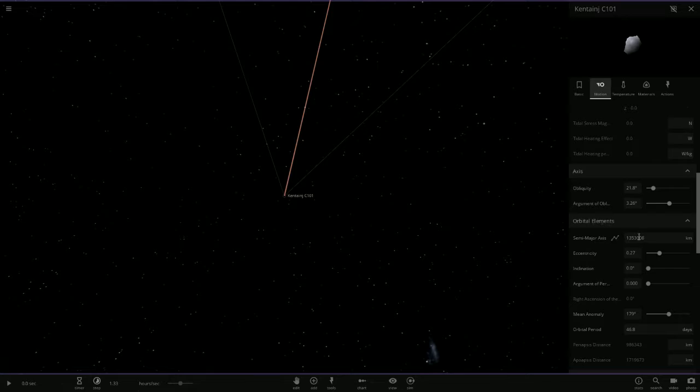And this one is still pretty far away. And this is the closest of the C1 moons, and it's still